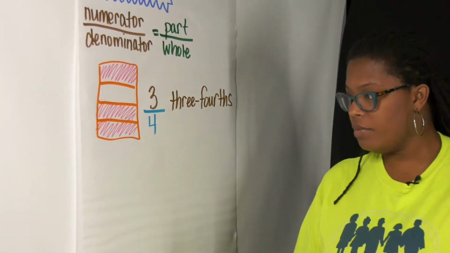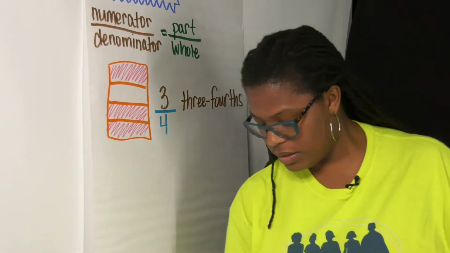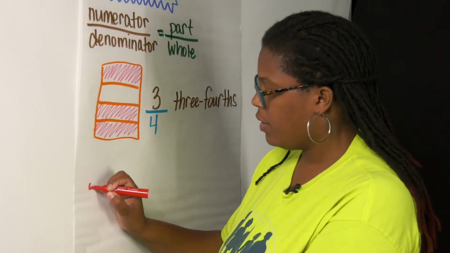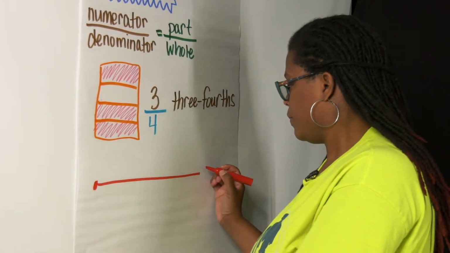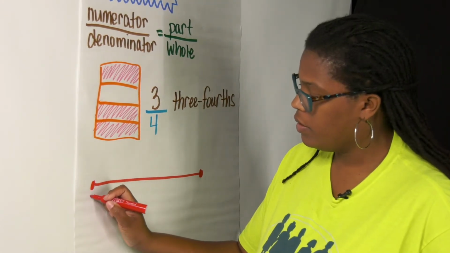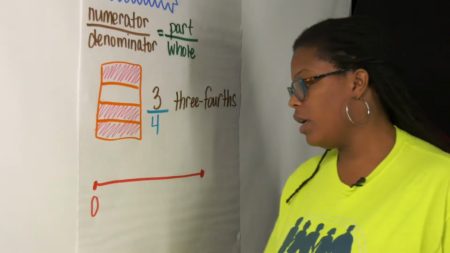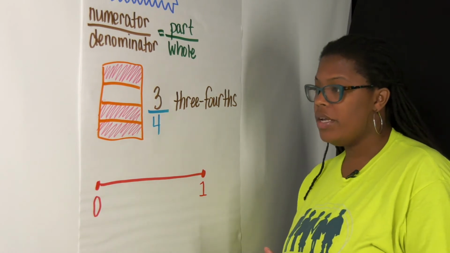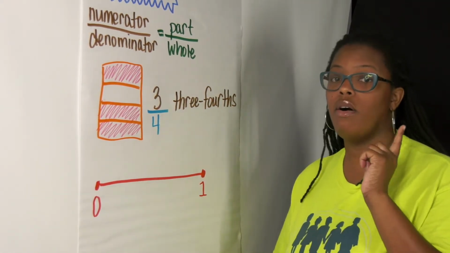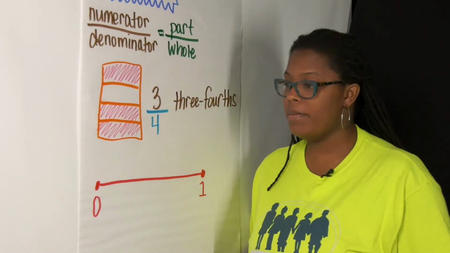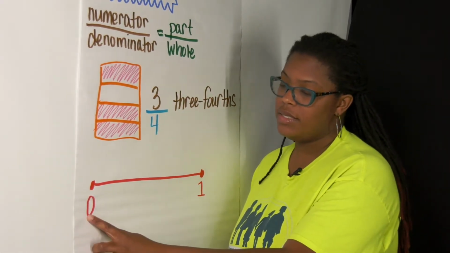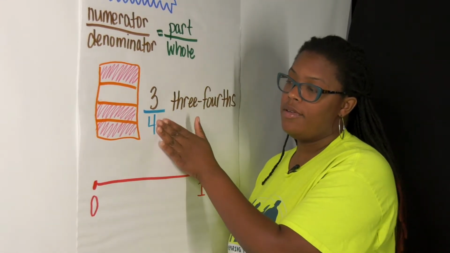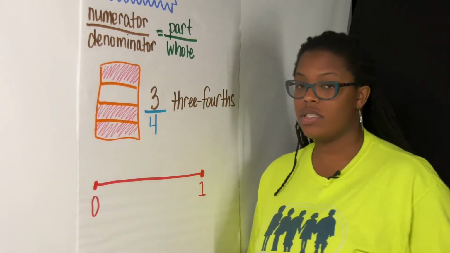Okay, so now we're going to move to the same concept, but looking at it on a number line. So if I had a number line, generally your number lines start with 0, okay? And my number line is going to end in 1 because my 1 is going to represent one whole. That's the bottom, our denominator. So if I had 0 here and 1 whole here, and I want to make this number line show this fraction, which is 3/4,